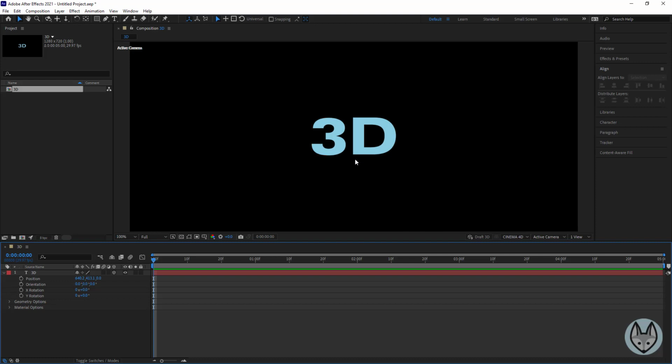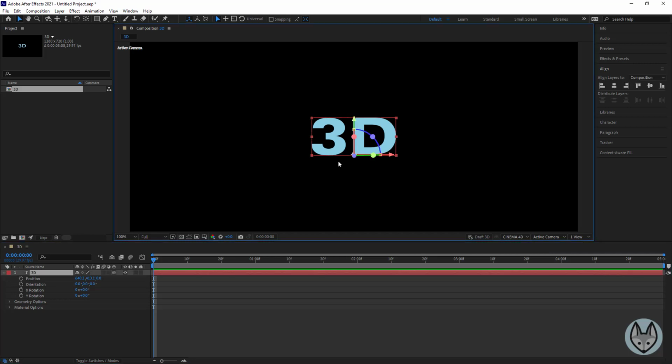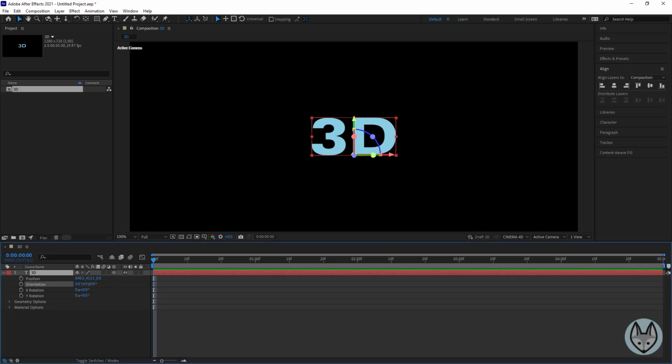So with the 3D in the Cinema 4D level, you can see it changed down here. What we can do, let me select this, and I'm going to rotate a little. Let's take that orientation on the Y, and I'll rotate it to maybe about a 322. That looks good. Now what we can see here under geometry options, we have a bevel style, and we also